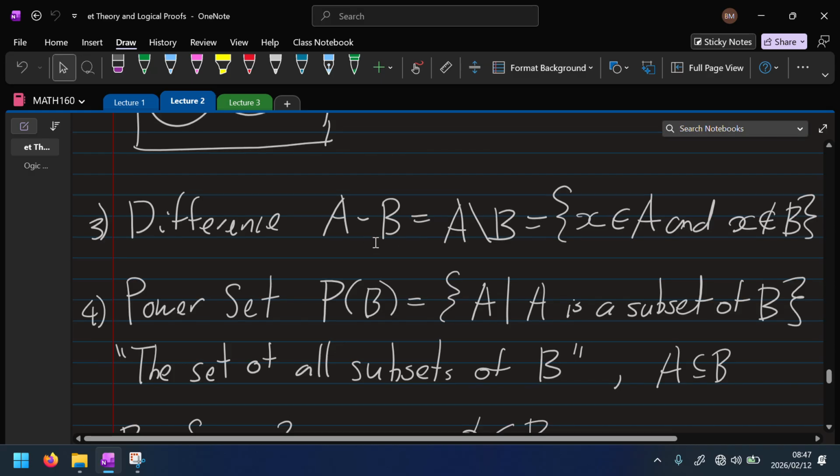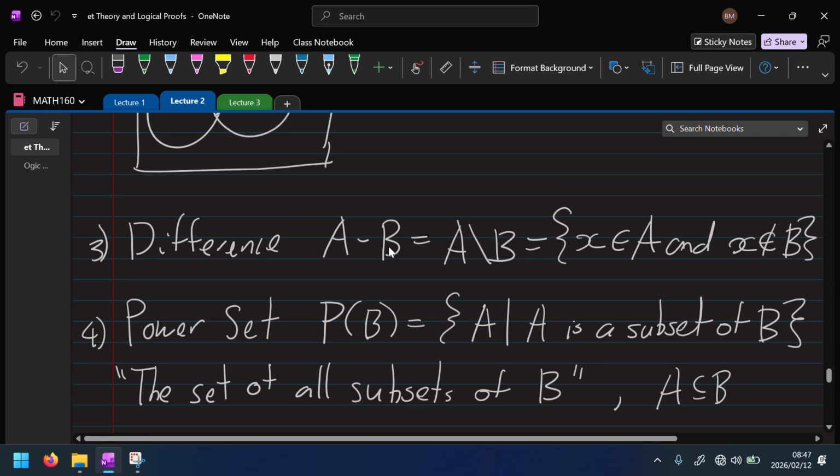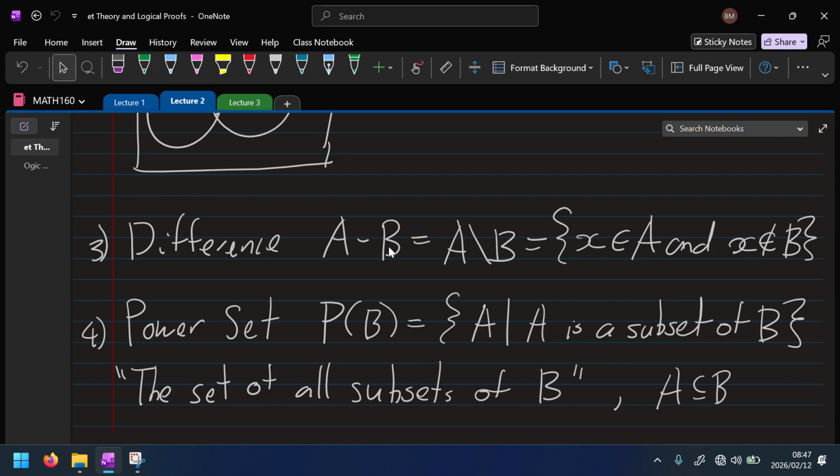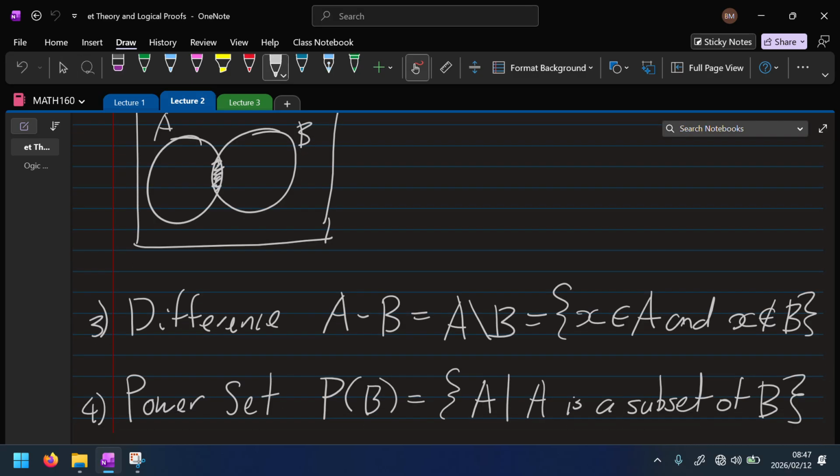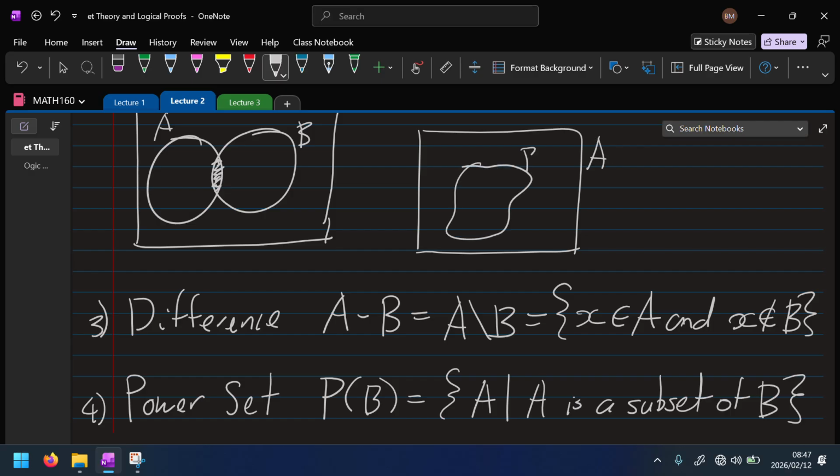Set difference. Okay, so what we're doing is we're taking the larger set A and we are removing the elements of B, like minusing them. So we take set A. So this is A. Inside A, we have set B. Okay, right? And we're doing the difference. A minus B, we're taking it out. So this shaded part in red,